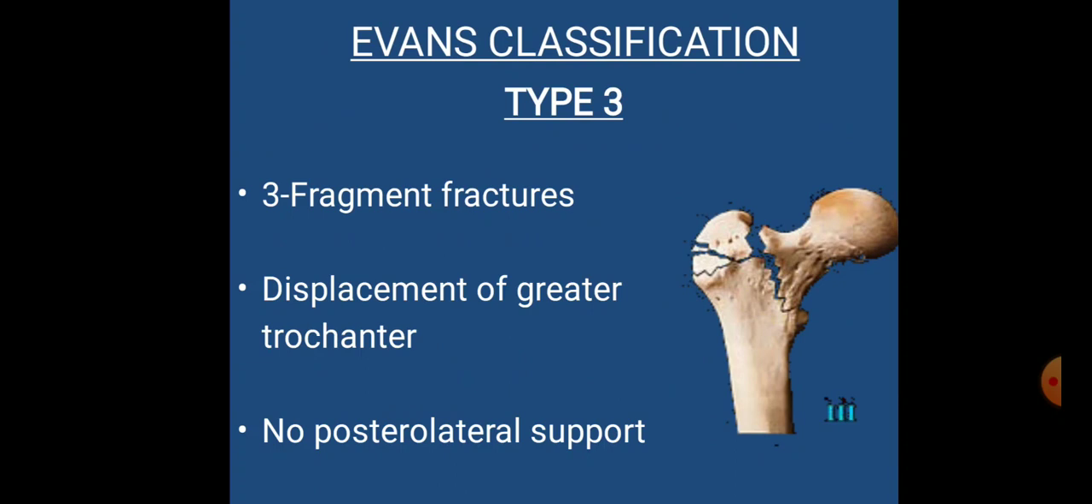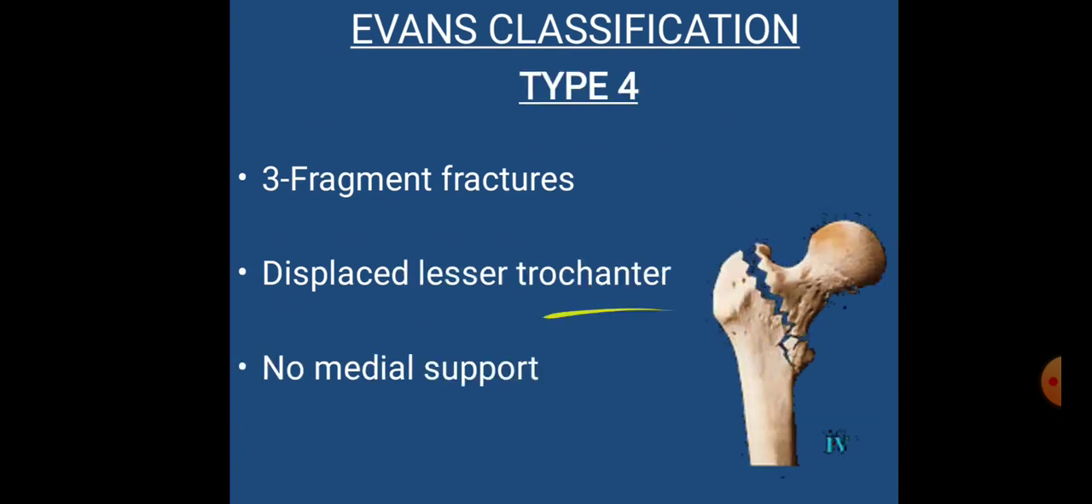Type 3. Here he classified it as a 3 fragment fracture. As you can see, there are 3 fragments. Displacement of the greater trochanter is seen here with no posterolateral support to the greater trochanter. Type 4 is a 3 fragment fracture in which you can see there is a displacement of the lesser trochanter